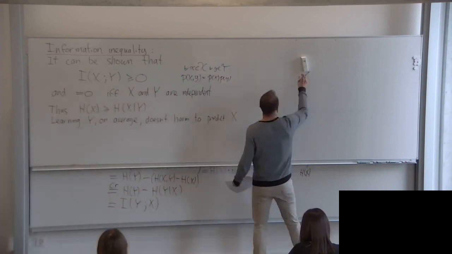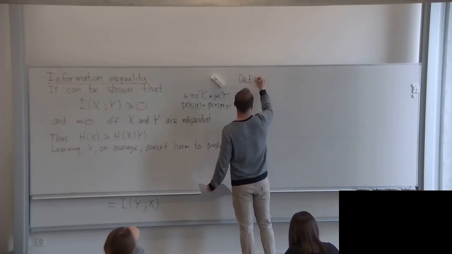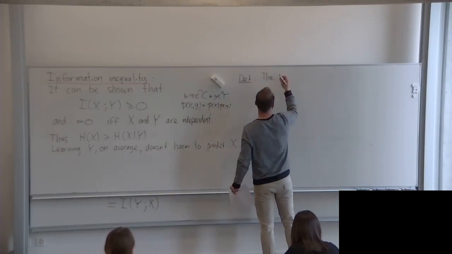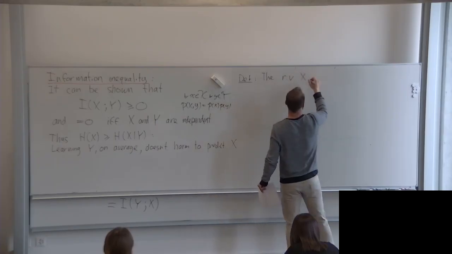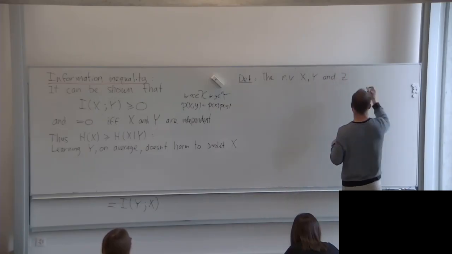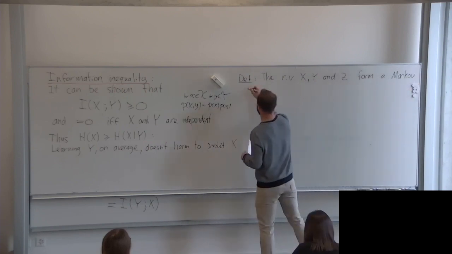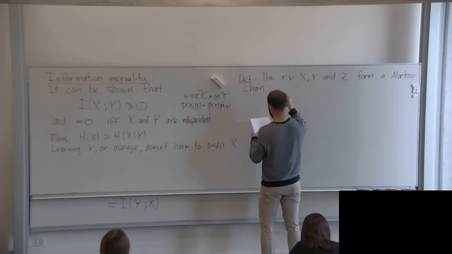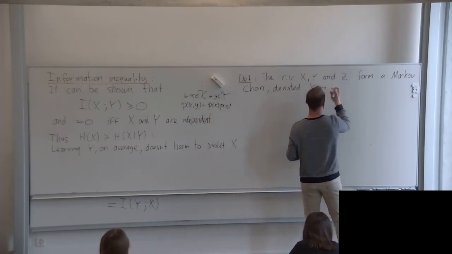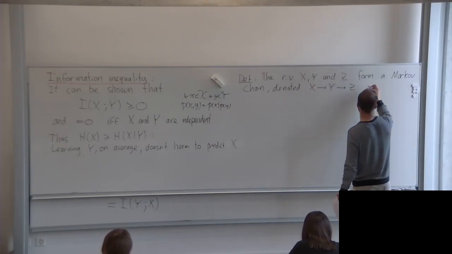Another idea which will actually merit a definition: the random variables x, y, and z form a Markov chain, denoted x arrow y arrow z, if the joint distribution factorizes as